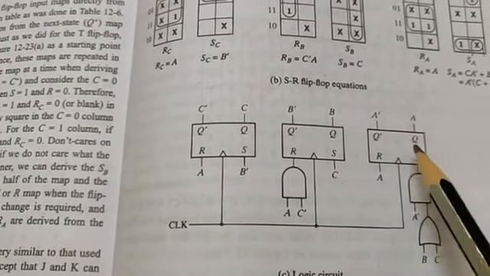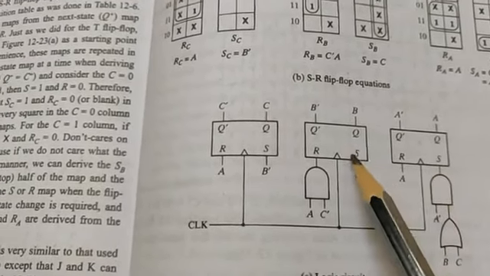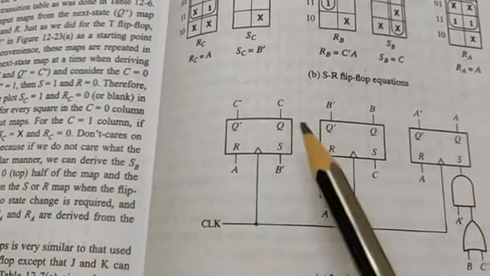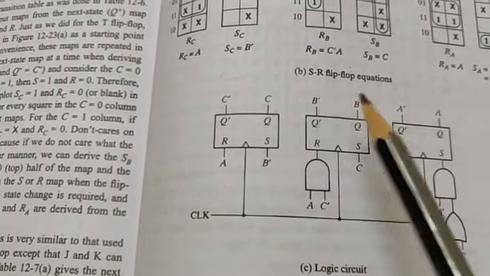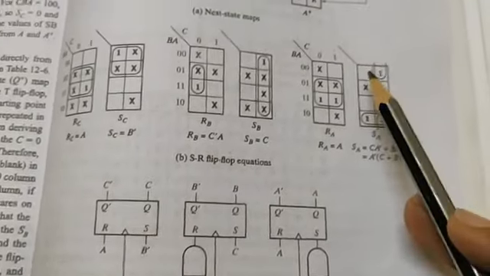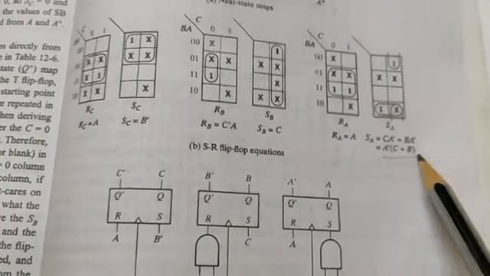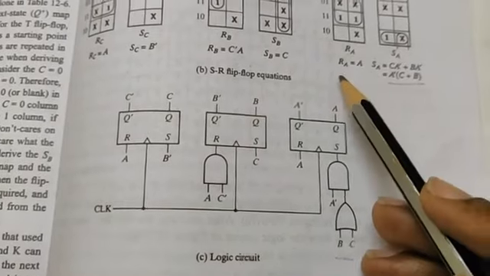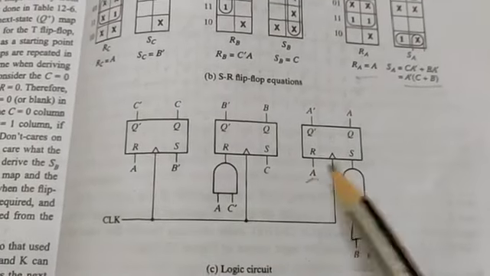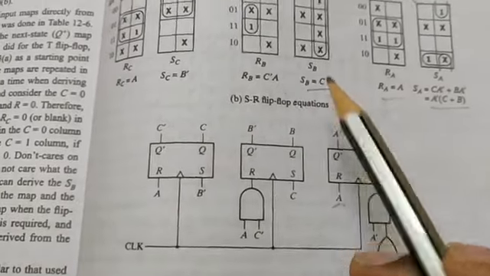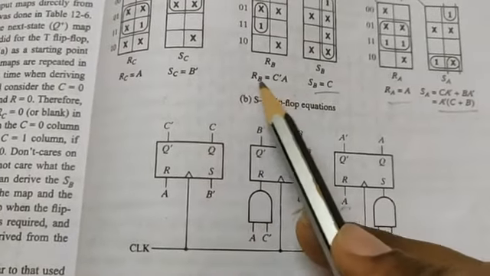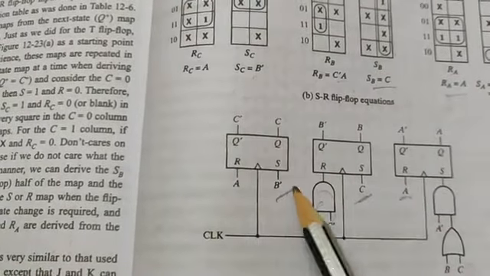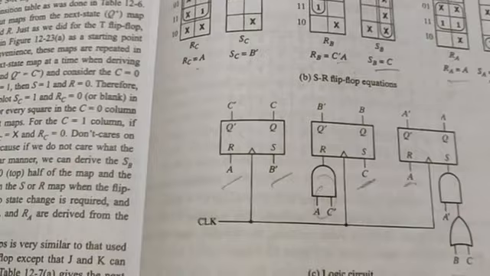So as usual, they have written SR flip-flop, with 2 inputs, S and R. So this is with respect to A, B, C. When you group the cells with SA, you get an equation. This is A bar CB. So this is RA, you are going to get A. So SB, you are going to get C here. RB, C bar A. SB is B bar, RC is A, C, like this.